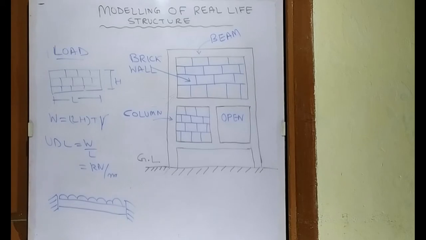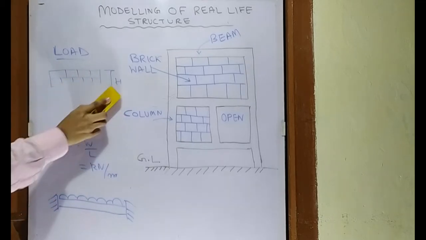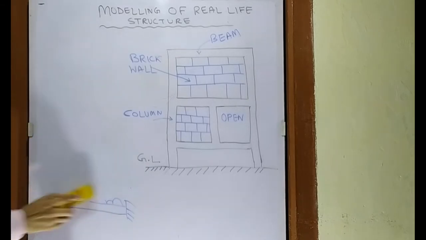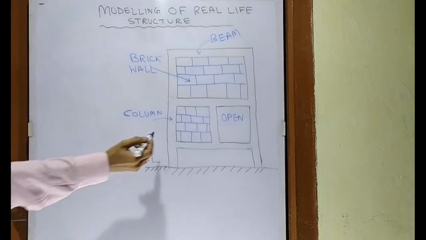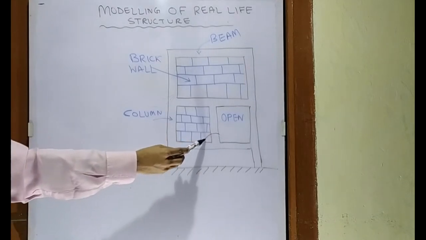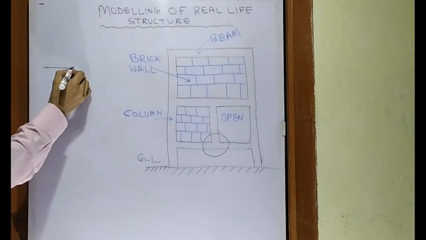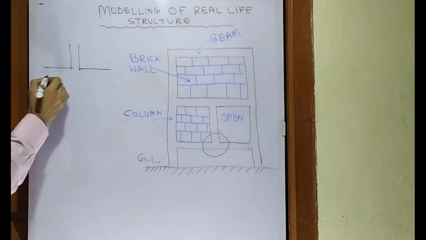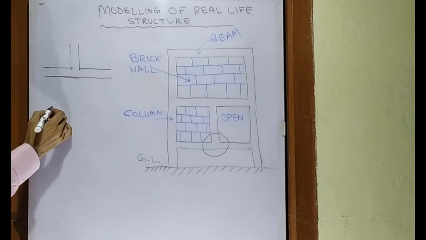So where does the point load come from? To understand the point load, we will take an example from this portal frame which we have drawn on the board. We will take an example of this joint. So let us draw this joint again here. This is the joint, this is the column, and this is the beam. They are meeting like this. Now if we are only considering the gravity load, what are gravity loads? Gravity loads are dead load,